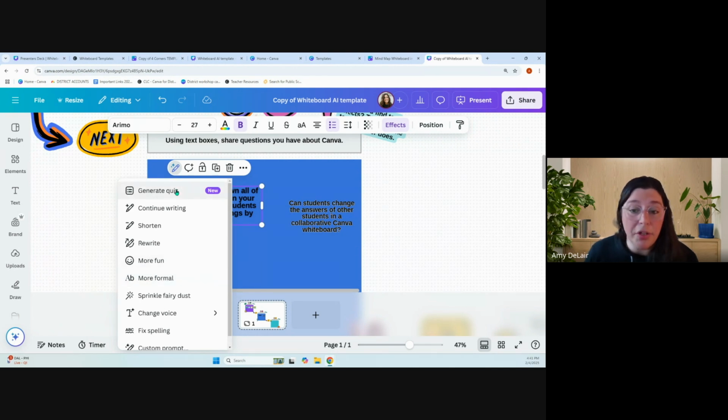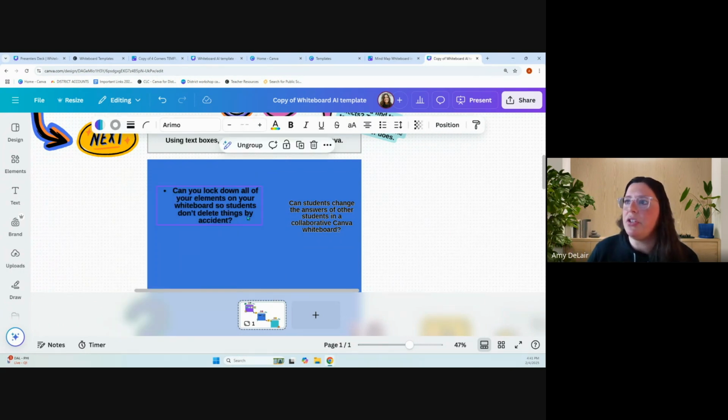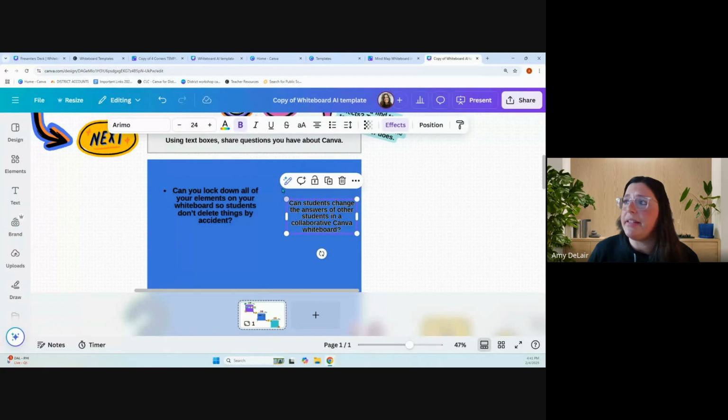This just launched maybe 2 weeks ago, I think it was, but you can now take any text box in Canva, click on it, come up to your Magic Write pencil and have it generate a quiz off of that text. So I know I'm in a whiteboard, but remember this applies to all Canva doc types. So I just wanted to show you all, again, clicking on any text box and then clicking that Magic Write pencil there. But what I wanted to show you all is under this,